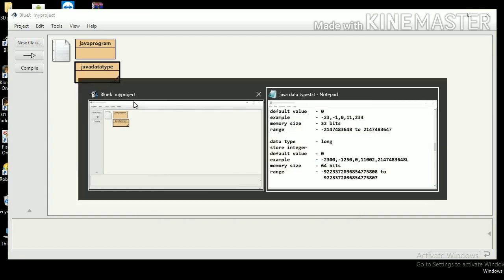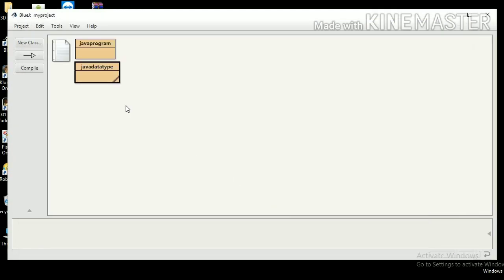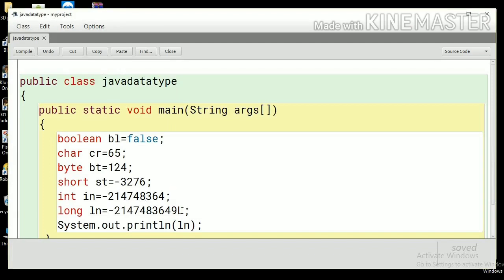So the same thing goes for the range. This is a very good, high range for data to be stored. It can be used to calculate scientific numbers. So let me apply this range to the long variable.